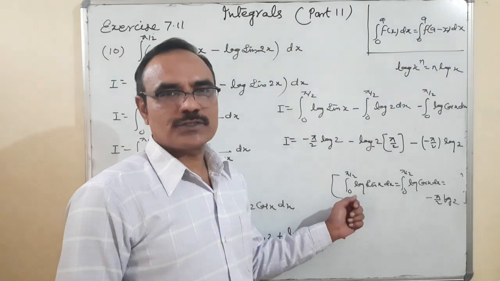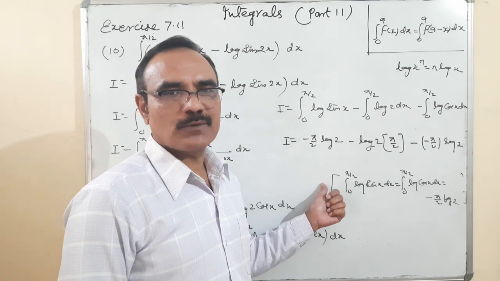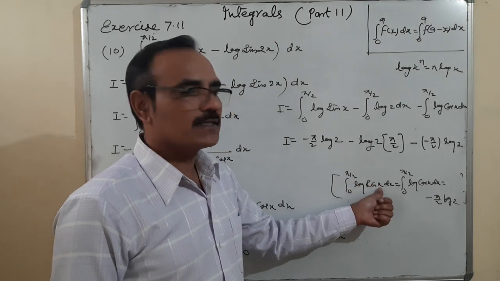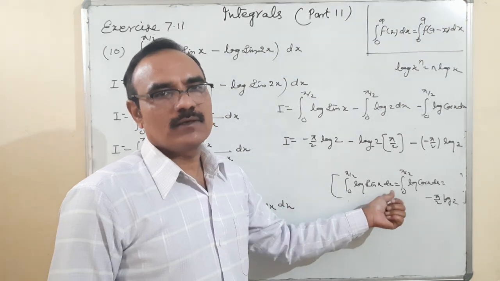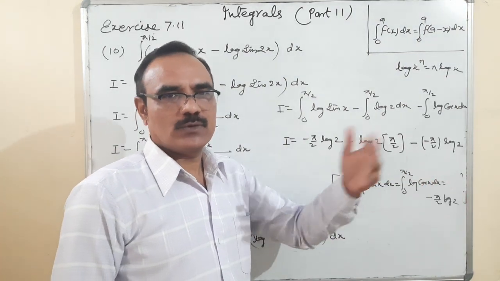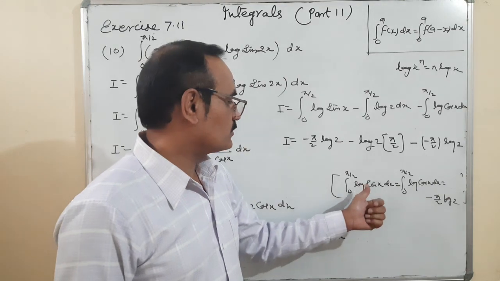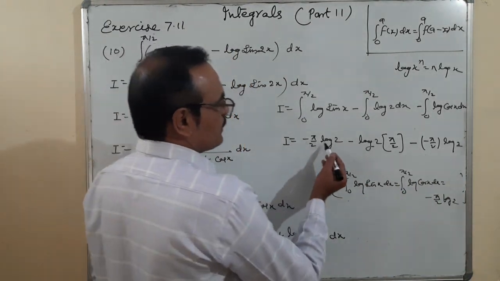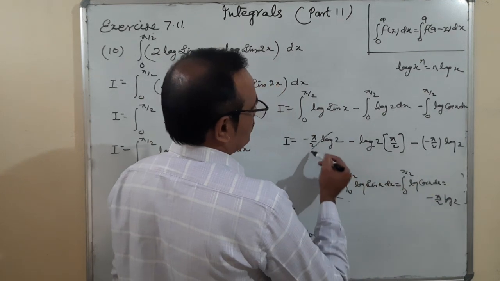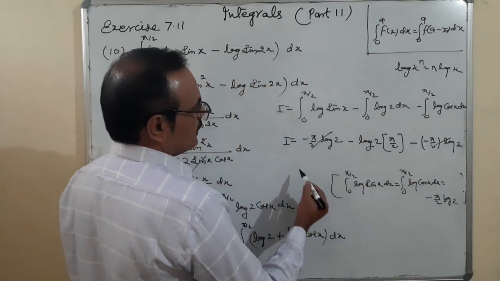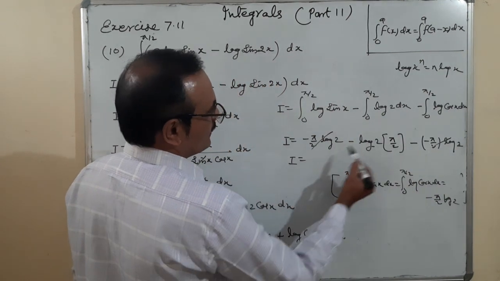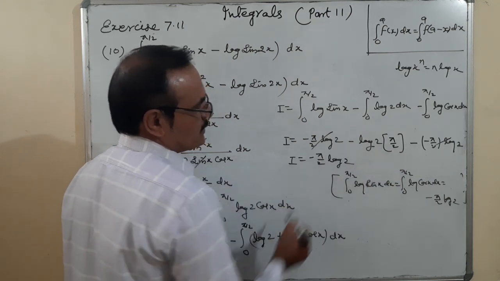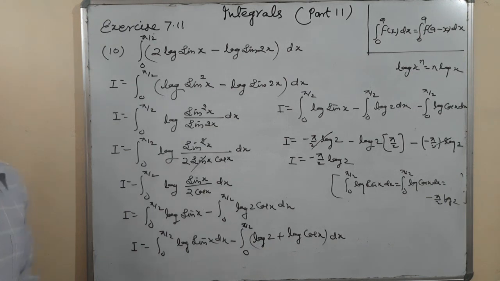This is the result. In the question which I have solved, this I have taken as equation number 1, and the second equation, integral 0 to pi by 2 log of pi by 2 minus x becomes cos x. So now the cos x will be the second equation. What does it mean? Result of both first and second term is same, minus pi by 2 log 2. Minus pi by 2 log 2 plus pi by 2 log 2, they are cancelled. I is equal to minus pi by 2 log 2. That is the answer of it. Okay.